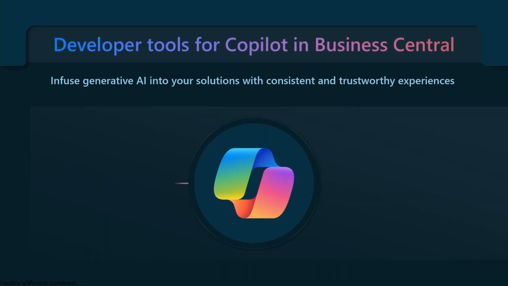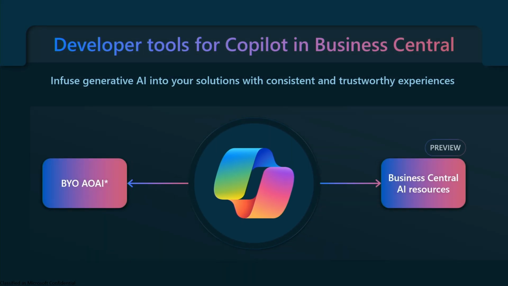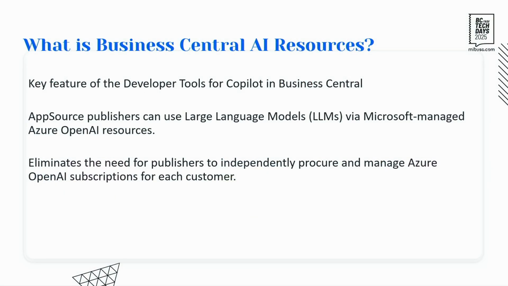And so basically it gives you a choice between that you can use your own Azure OpenAI subscription for your features, or you can rely on the BC AI resources. Most likely you will use both, because the BC AI resources is really for production use. Typically, hopefully, you're going to try the actual calls out while developing, while testing, etc. And there you need to bring your own subscription as part of that. But we'll talk more about that.